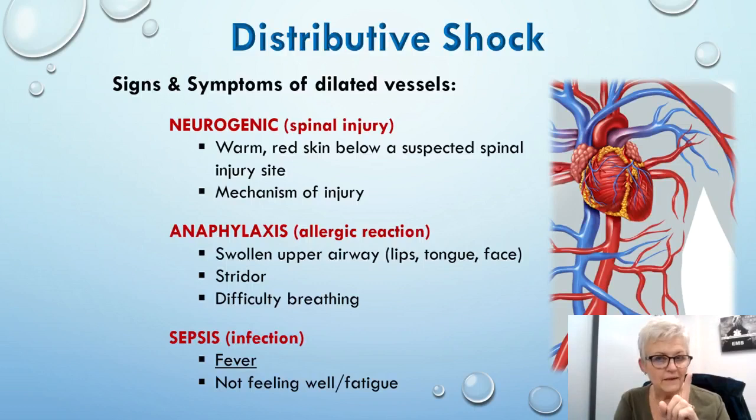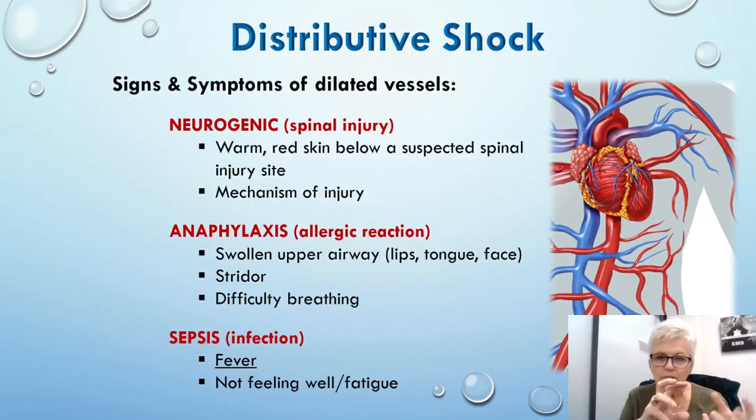Okay, but the big thing we're looking for is there is a mechanism of injury, and we see that warm red skin below the injury site. Okay, a couple of other things that can cause our vessels to get big. One is a severe allergic reaction called anaphylaxis. It's a swelling in the upper airway. We'll cover that shortly. But in that swelling in the upper airway, sometimes we see swollen lips, swollen tongue, swollen face. You will hear stridor if they're breathing at all, and they will have extreme difficulty breathing because their airway